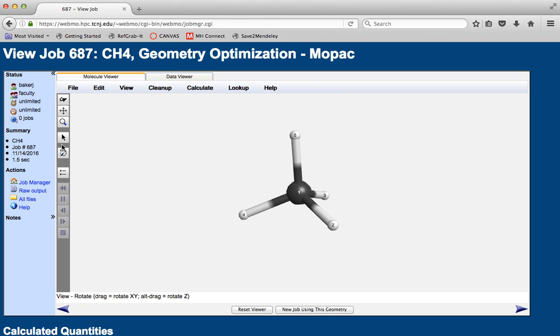In order to do that, we want to make sure that we are in the adjust or select mode. So click on this arrow over here, and then go back over to your screen. And the next thing we're going to do is click the Shift button and click on one of the atoms. So go ahead and click on atom 4, for example, and it'll give you some information down here about that atom. The next thing that you can do is click on the central carbon atom. So if you click on that carbon atom as well, you see now in this lower left corner, it lists the bond length, which is 1.08